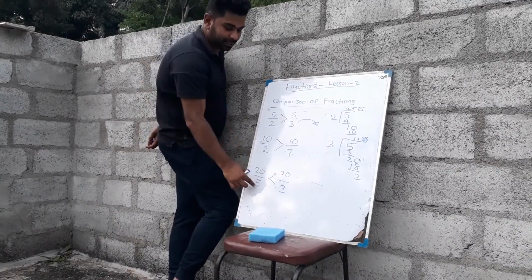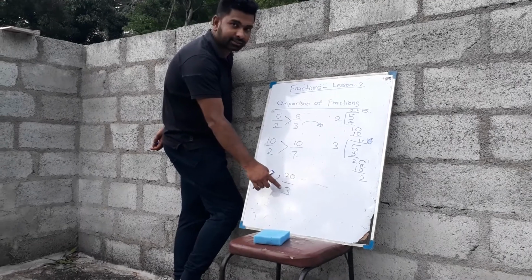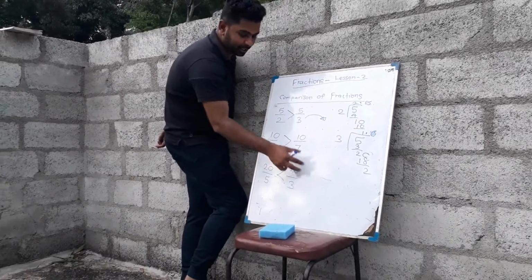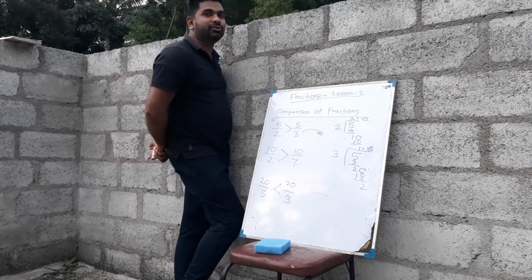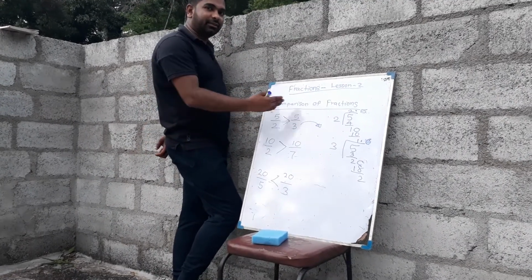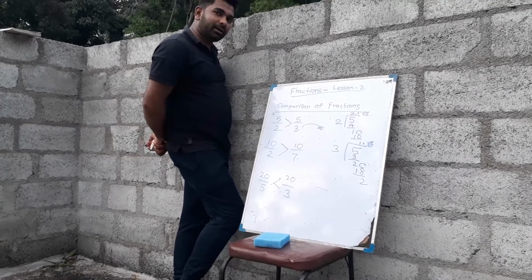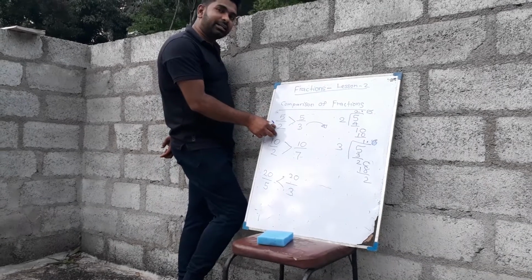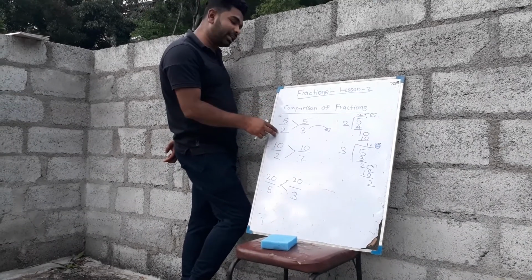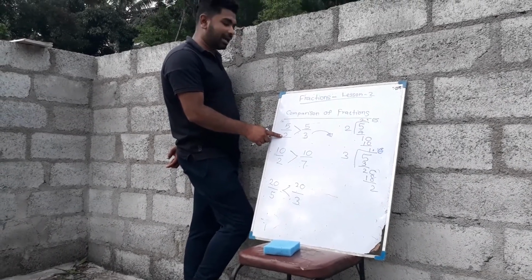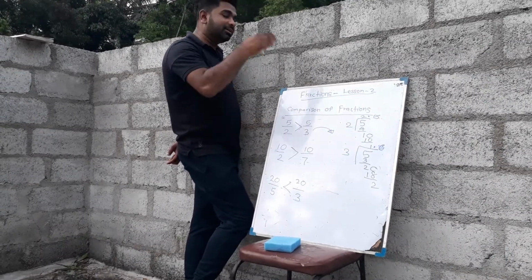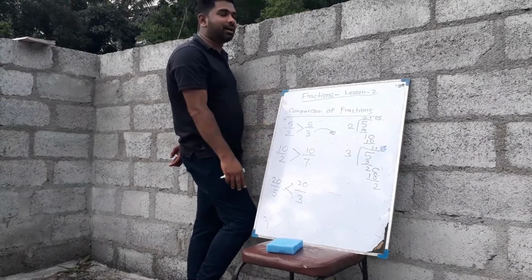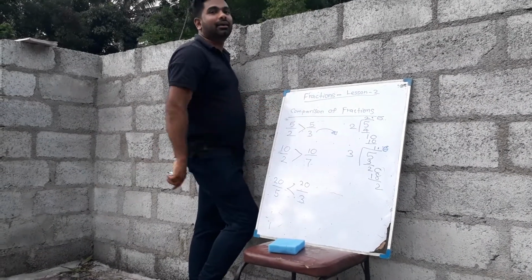Here look at this one. 5 is greater than 3. But if we divide this one, this becomes the greater one. I think you realize. Like that, if the numerators of the given fractions are equal, look at the denominators only. The fraction with the greater denominator is the smaller one, or on the other hand, the fraction with the smaller denominator becomes the greater one. Thinking like that, you put this mark, and you can realize if you look at that long division.